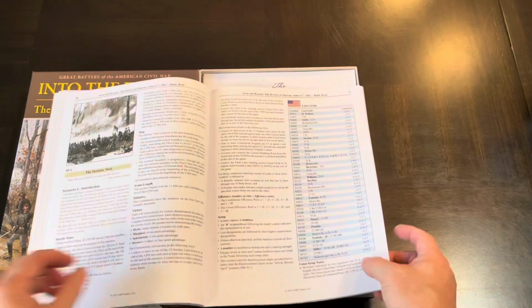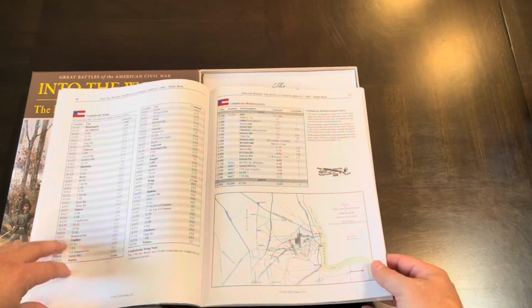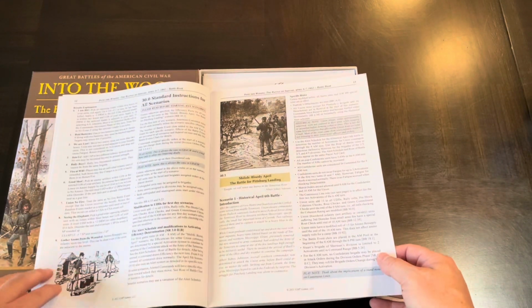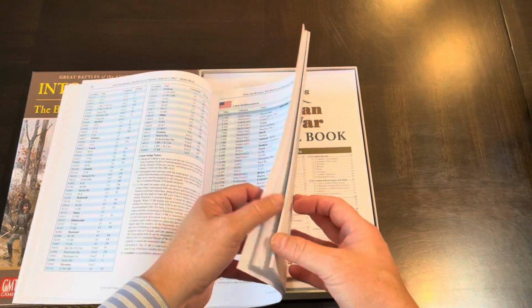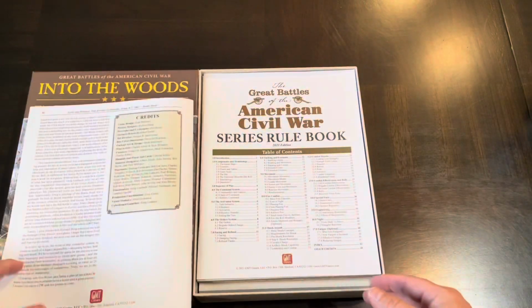So yeah, there you have it. So the battle book is, let's see, as far as new rules, looks like there is about 12 pages, a little over 12 pages, and then the rest is all scenarios in the battle book here, which gets you to